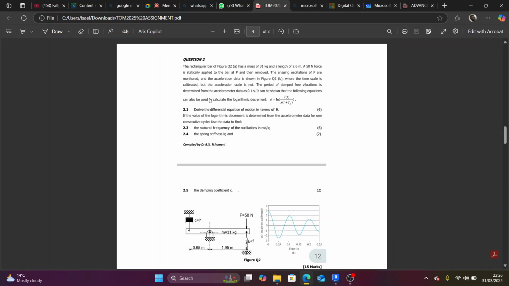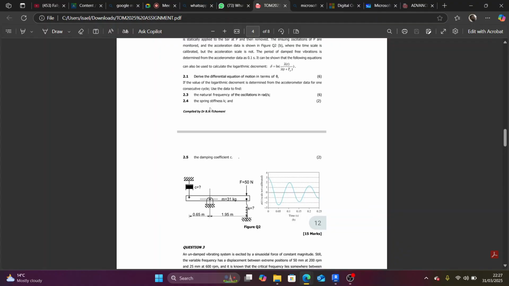Vibration is determined from the accelerometer. This is the accelerometer. How do we do this again? By the accelerometer, time 0.1 as 0.1 second. At 0.1 second, this is where we are. They said it can be shown that the following equation can be used for calculating the logarithmic decrement. Okay, we'll see. First question, they said determine